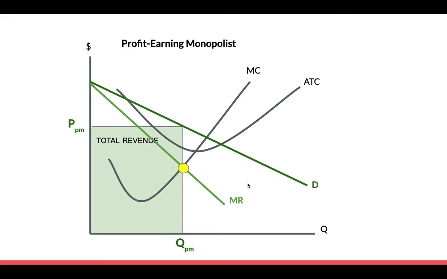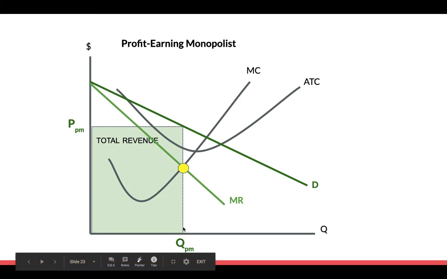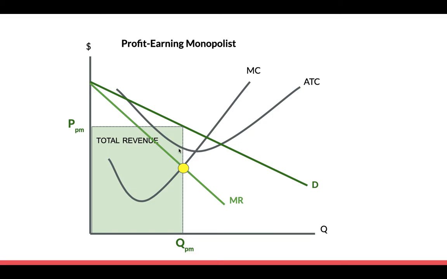We could also calculate total revenue on this particular graph because total revenue is just price times quantity. So we have price and we have quantity. We could also calculate total cost because we know that ATC runs through our quantity here. So ATC times Q would be total cost. And then, of course, the little bit of revenue that's left over here after we subtract all this cost would simply be profit.